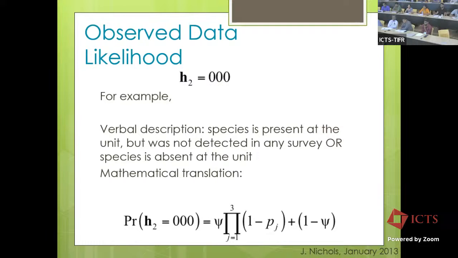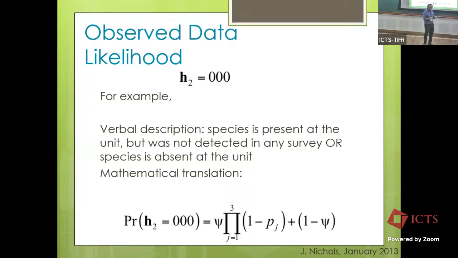No. There are 2 possibilities here. Possibility number 1, the species is actually present in the site, so it occupies the site with a probability psi. But it is missed on occasion 1. So if it was detected on occasion 1, it would have been P1. Since it's missed, it's 1 minus P1. It's missed on occasion 2 also, so into 1 minus P2. It is missed on occasion 3 also, into 1 minus P3. That's one possibility. Or